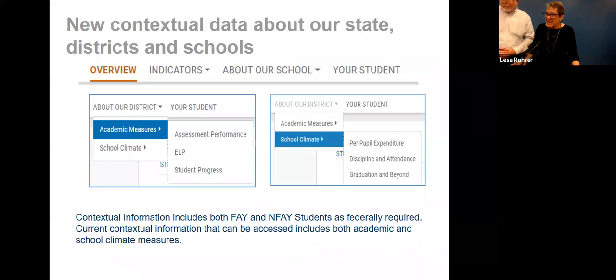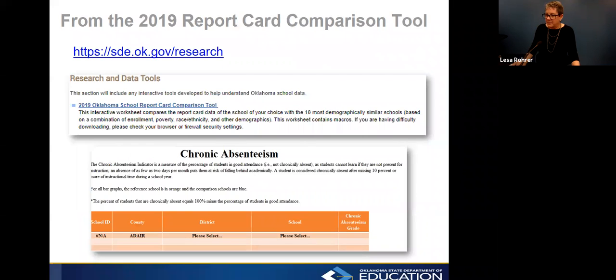Yep. And I did put slides in of the visualizations that we just talked about because I know if you're like me, then we went through that rather quickly, so that will be some reminders. Something else that we wanted to share with you is a tool that Dr. Tamborski's built. This is a dating tool that looks at schools that are like you in terms of demographics, and you can see how they scored. And so it's a matching tool. You will need to download it. It is in an Excel spreadsheet.